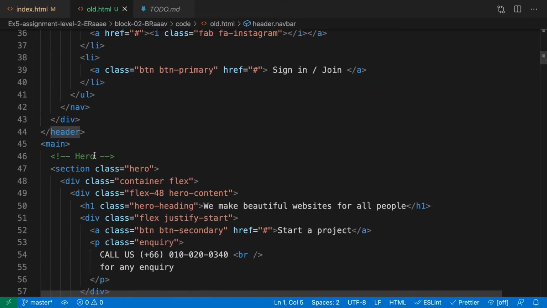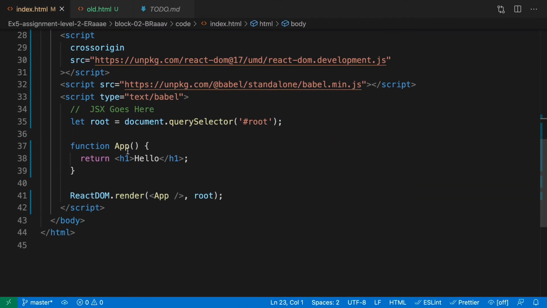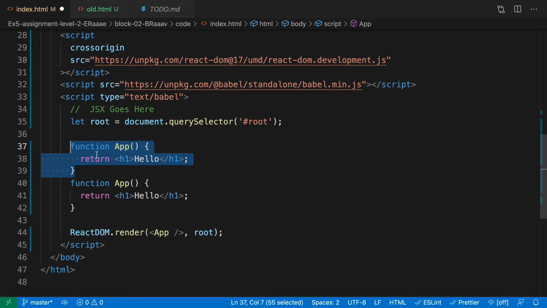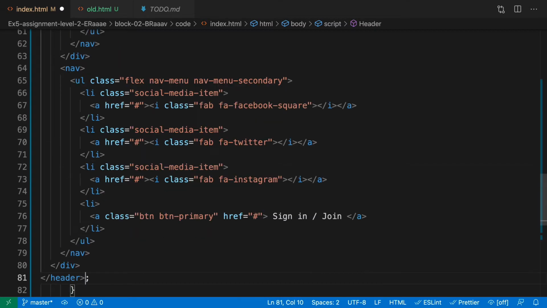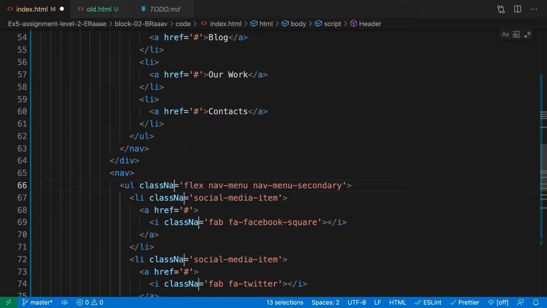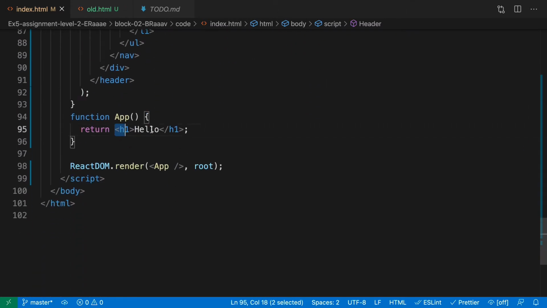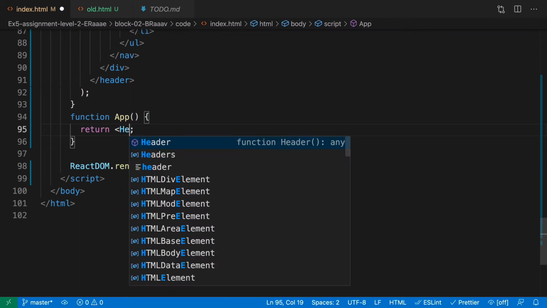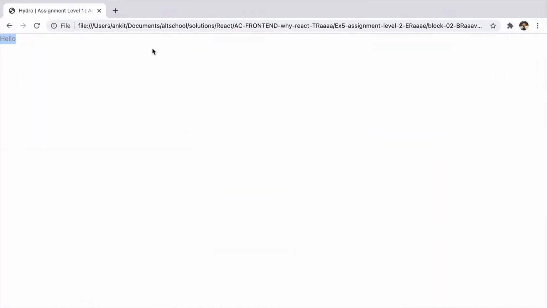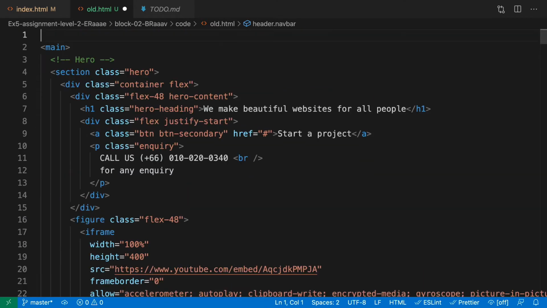So this is going to be our header component. So I'll just take this header from here, and we'll put it into a new component. So let's go ahead, create a new component called Header, and from Header we have to return this. One thing to understand is we have to change class to className, right? Perfect. So we have our Header component. Now whenever we want to display the Header component, we'll just say Header. Now when you refresh it here, you will have your header here, right? We have it. Moving on to the next, the header is gone, so I'll delete this part.